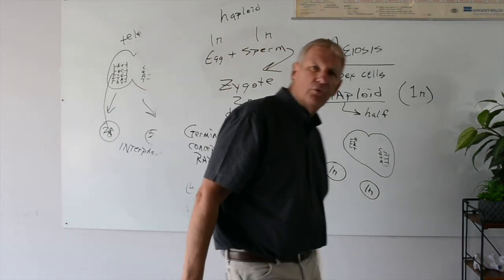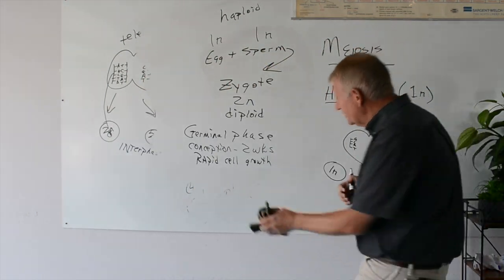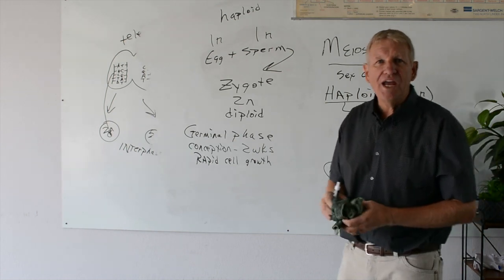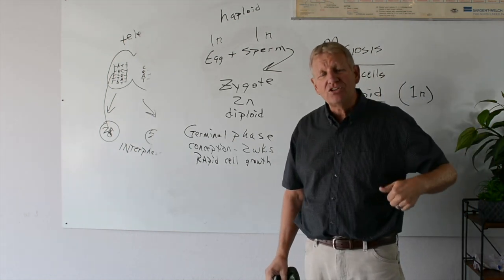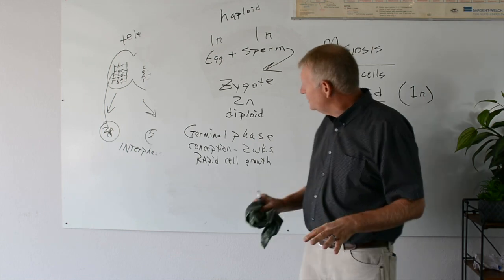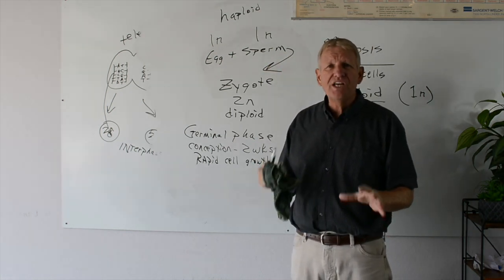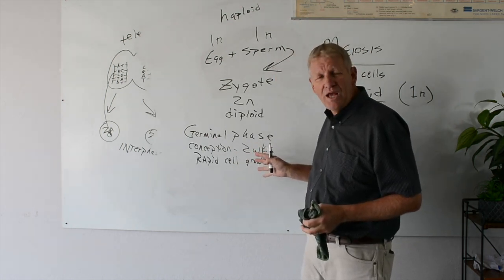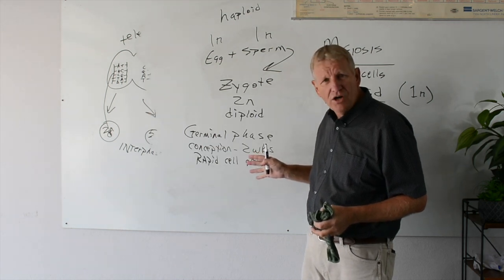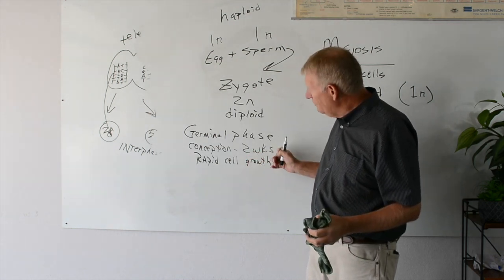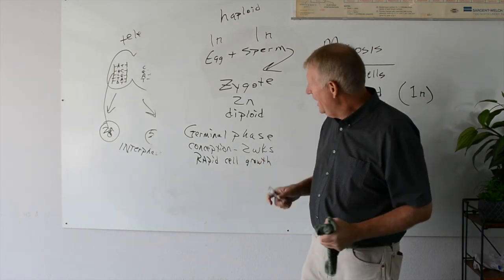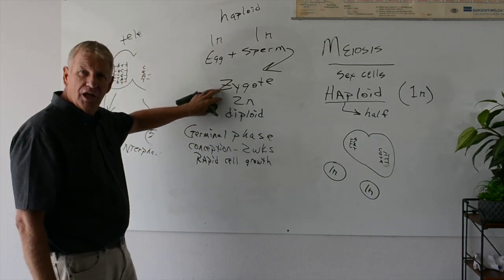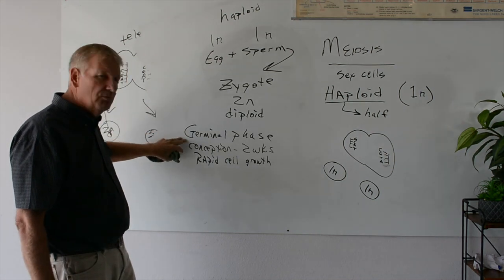Rapid cell growth. Now, this is, once again, just absolutely amazing. Because in that germinal stage, that zygote's just getting bigger. It doesn't even attach to the mom's uterine wall until after 10 days. This is incredible because the cells aren't even specified yet as to whether or not they're lung cells, heart cells, brain cells. In the germinal phase, the zygote is just growing fast. And then once again we have the zygote, and then the zygote goes into the germinal phase.